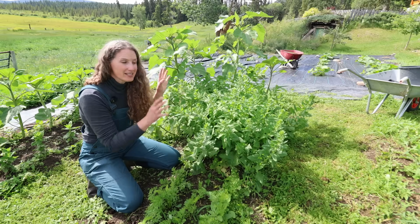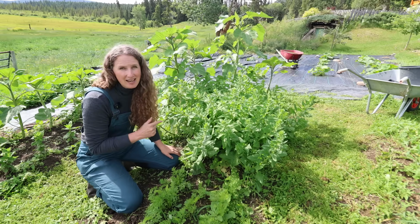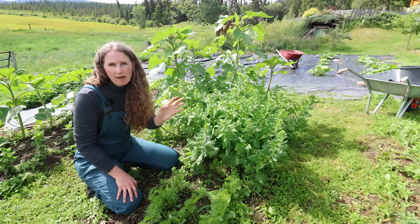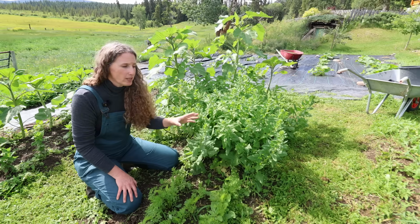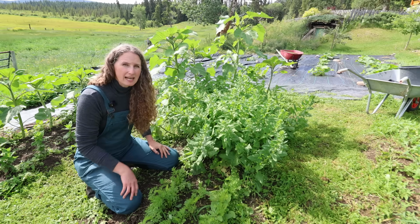So my plan here is to let this actually go to seed and harvest the seed off of it, unless it is a hybrid. So I'm going to have to figure out what this actually is, because if it is a hybrid, then the offspring will not breed true. You need open pollinated seed to be able to harvest the seed and have the offspring